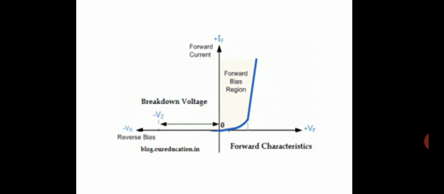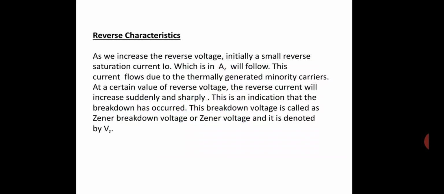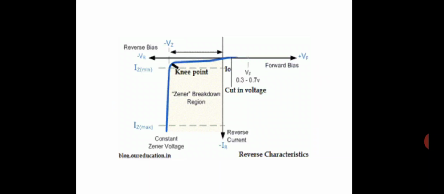The Zener diode is used in its reverse bias or reverse breakdown mode. The diode anode is connected to the negative supply. From the VI characteristics curve, we can see that the Zener diode has a region in its reverse bias characteristics of almost a constant negative voltage, regardless of the value of the current flowing through the diode. This is the reverse bias condition. When P is connected with the negative terminal and N is connected with the positive terminal of the DC battery, it is called reverse bias condition.